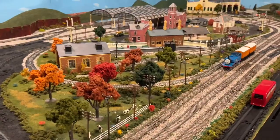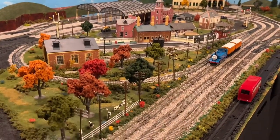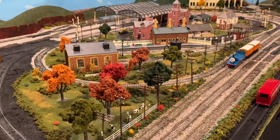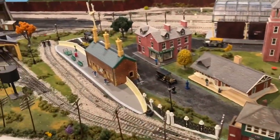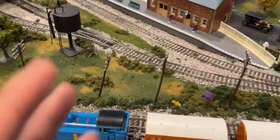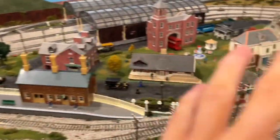This is a bittersweet video because this is actually the last night I'm having the layout up, because I'm moving in about a month or so. I just can't really have it up anymore, so 4 years of my life is right in front of y'all. I figured I should have done a layout video a long time ago, but I never got around to it, so I'm going to go briefly over every part of the layout,